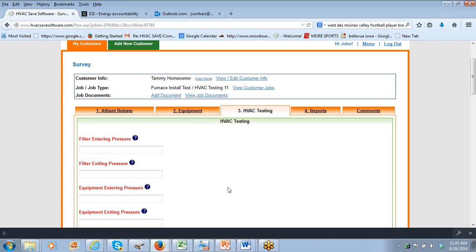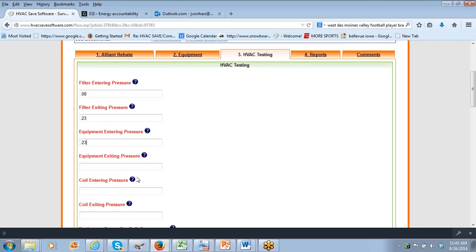All right. My filter entering pressure, my before filter static, I'll say 0.08. My filter exiting static pressure, I'll say 0.23. My equipment entering, that's oftentimes going to be the same thing unless there's ductwork in between the filter and the equipment. My equipment exiting pressure,